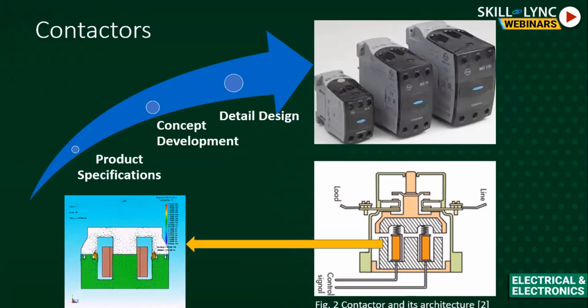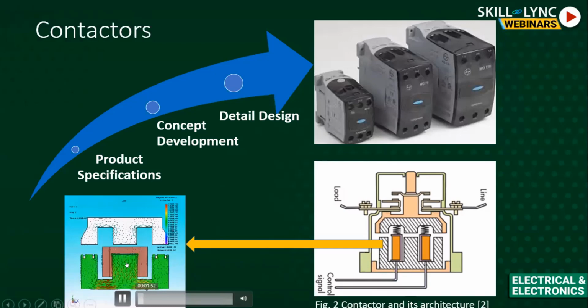Once it has traveled, is it able to remain in the closed condition? So these are all the checkpoints which are being analyzed in software only. Once everything is fully done, we say, okay, if these are the final specifications for this electromagnet and dimensions, let us go for the tooled up sample. So if you see here, it started the movement. If you see here, it again opened up and closed.